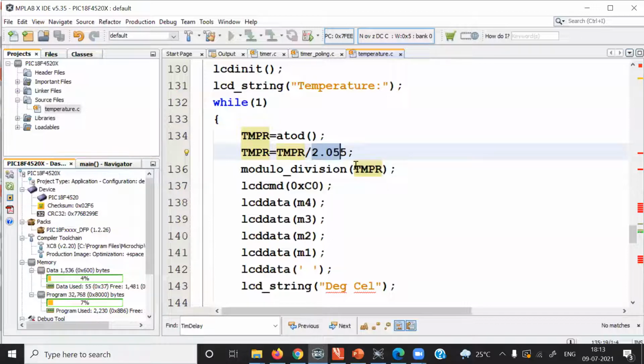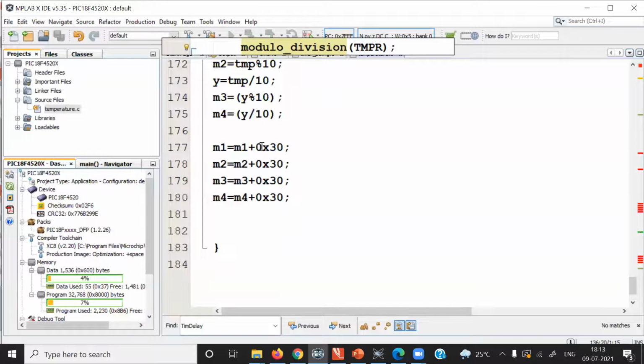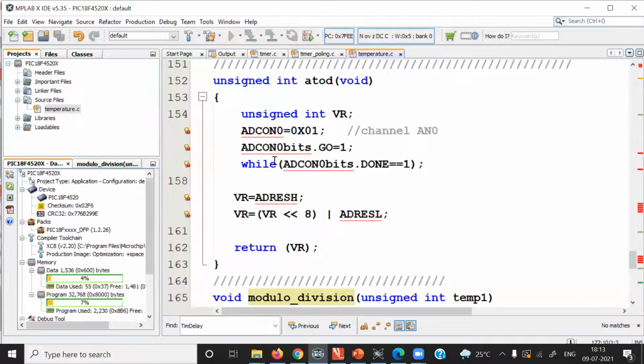In order to display this temperature on the LCD display, we must do digit separation. And for separating out the digits, there is a function called modular division. We already discussed this function. In the modular division function, we use modular division as well as conventional division to separate out digits in the result. And after that, we are adding hexadecimal 0x30 in order to convert these digits into ASCII values.